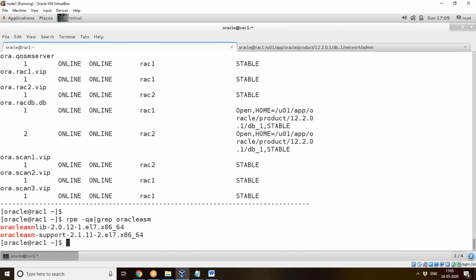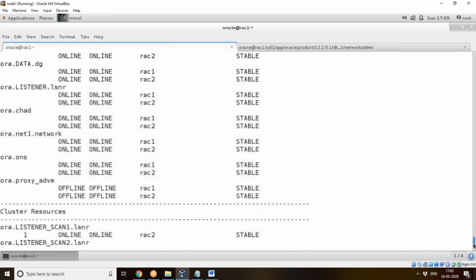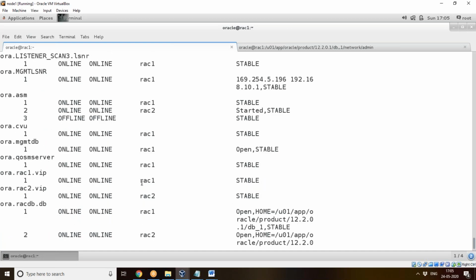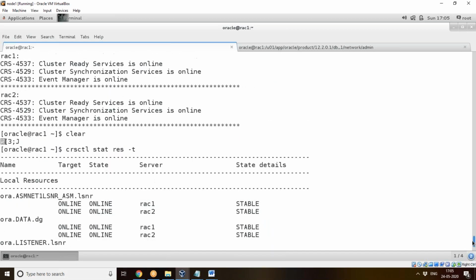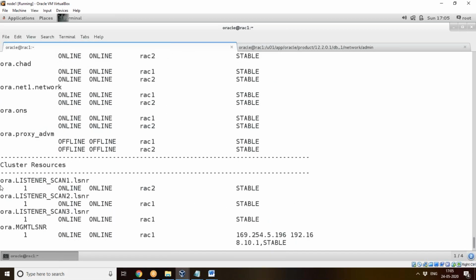See, the other services are there. The database instance service is there, then the scan services. So these are the services it will control. ASM, CVU, management DB. So in the 7th step, it will start the cluster and control all these.